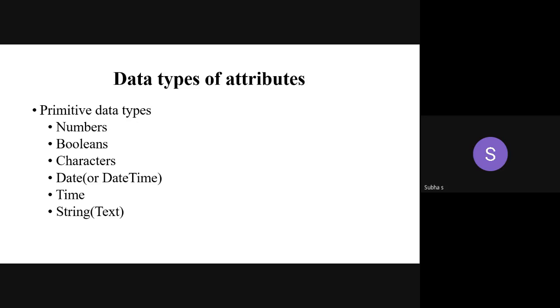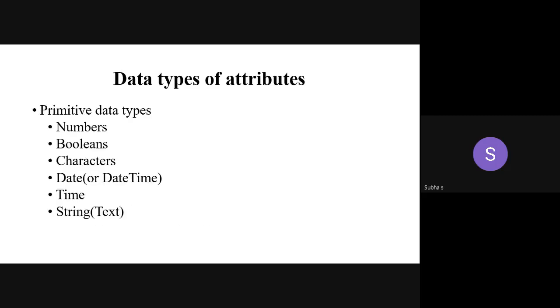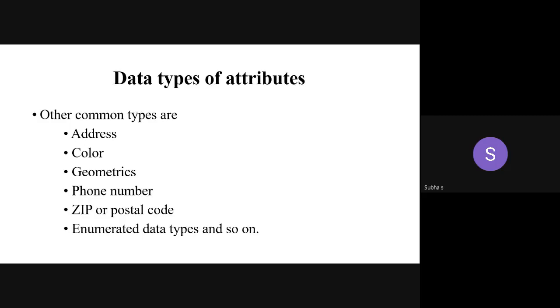Yes, as told earlier, with the class diagram we can generate the skeleton code. For whatever language you are going to generate the skeleton code, accordingly you have to give the data type here. That is very important. So these are the other common types. Those are the primitive data types. Apart from that, we can have other common data types. It's not the types of attributes.